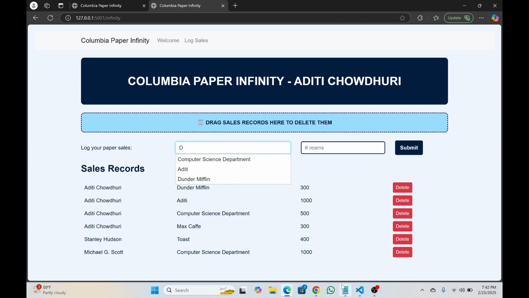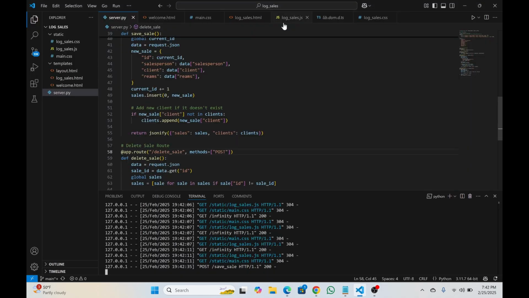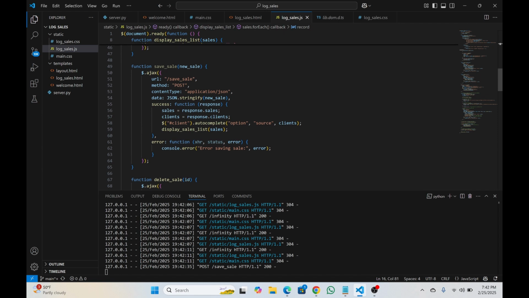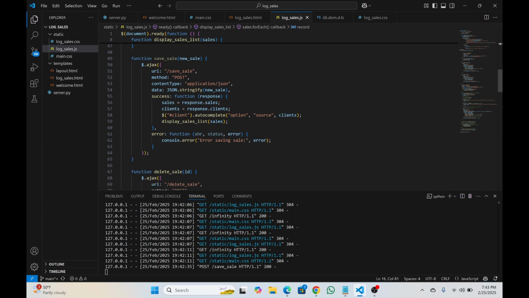Now we shall quickly jump to the code and I'll explain the JavaScript file. This consists of 3 AJAX calls, that is save sales, delete sales, and display sales list, that communicate with the Flask server asynchronously so that there's smooth interaction without any page reloads. I'll quickly explain the save sales function. It does a post request to the /save_sales route, and it includes the salesperson's name, the client's name, and the REMs